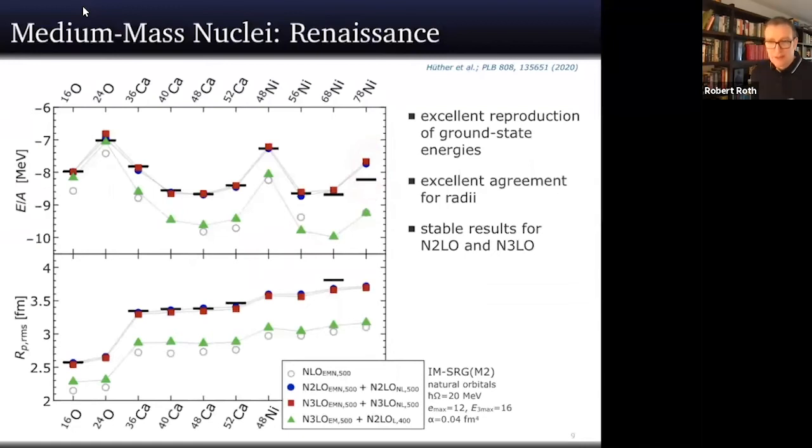I will come to the uncertainties of these calculations later. This is a calculation where I would say that the many-body part is not yet fully converged. So one of the truncation parameters is not pushed far enough in order to converge this nickel-78 nucleus. So I think a large part of this is really due to many-body discrepancies, not due to the interaction.